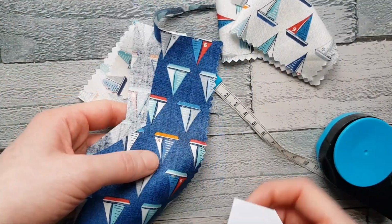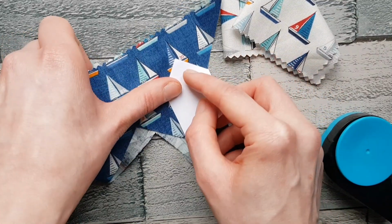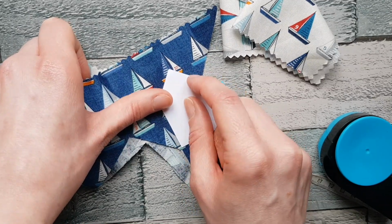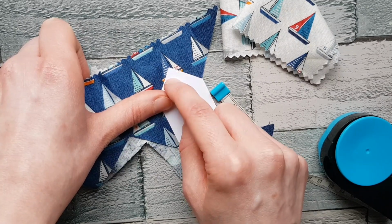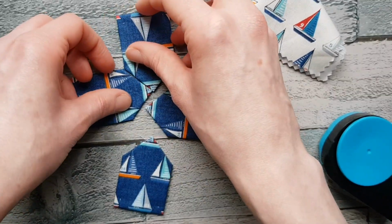So you could take just the base. Let's see if I can do it here. You can see how much I've fussy cut into it already. So you could take just the base of the sailing boat, and again I'm letting it hang over ever so slightly on either side. I could probably push it up slightly more, and I'm still just taking a section of this boat to create a new design, which when you repeat it as a set of 4, you're going to get something like this,